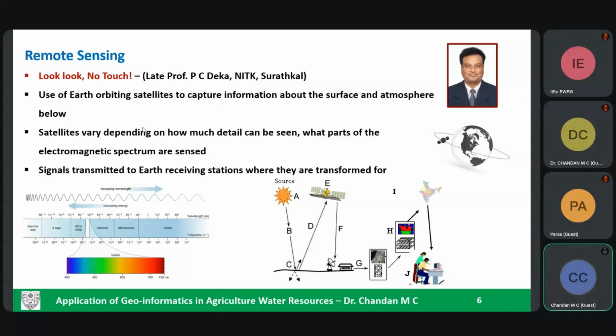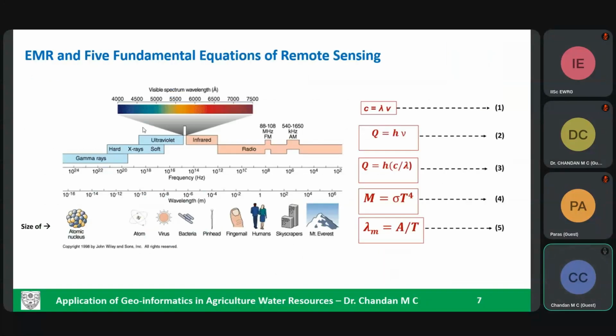And the electromagnetic radiation is the basic principle that is explained in remote sensing. You are all seeing this electromagnetic radiation and electromagnetic waves. So that becomes the core part of remote sensing. And moving further, as all of you know, the electromagnetic spectrum starts from the gamma rays. That is what humans have been able to identify so far. Beyond gamma rays, the electromagnetic spectrum is continuous. That is, the energy that is emitted by the sun is continuous, so you cannot have a start or end. But this is what, as of today, we are able to perceive.